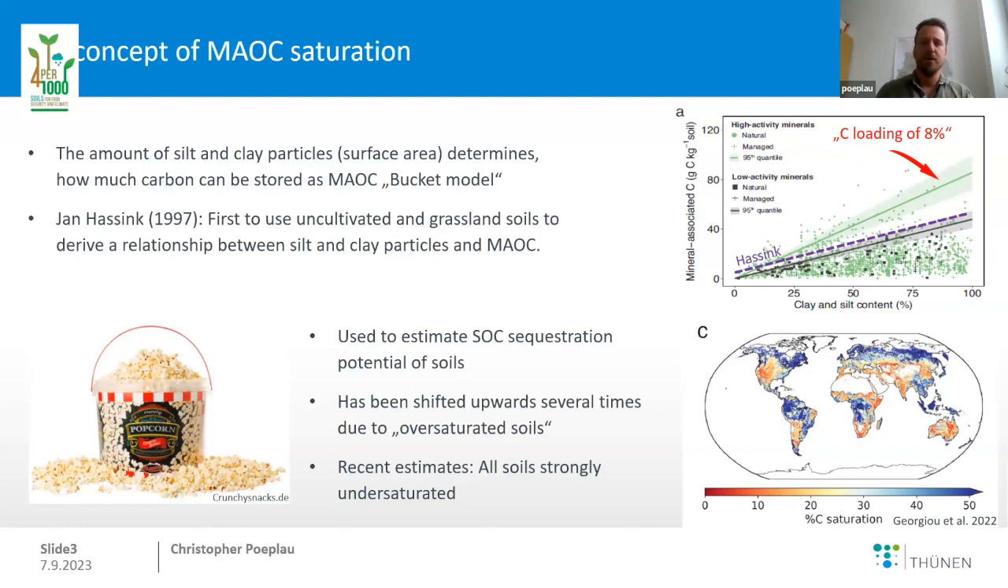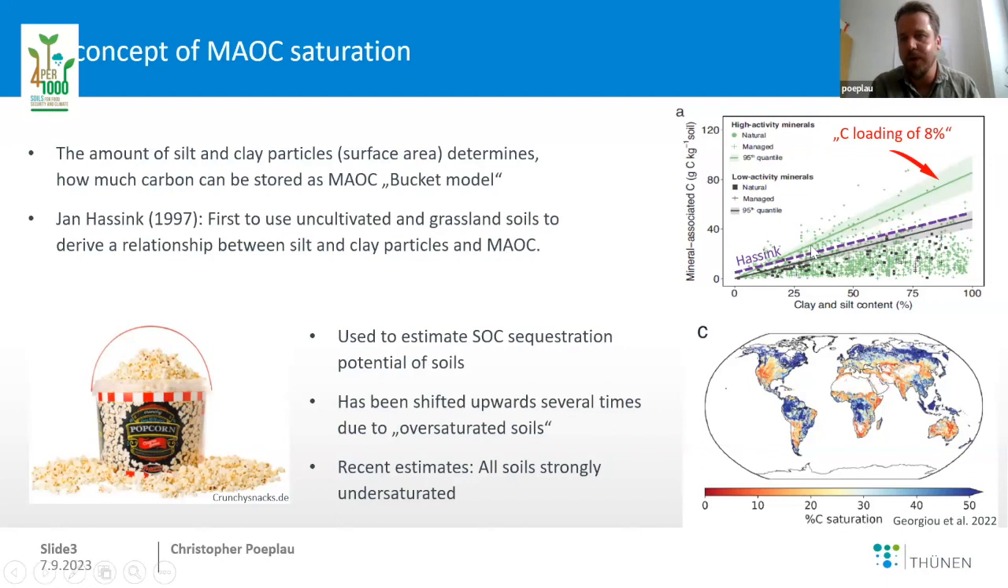Following the saturation concept over time, it has been used to estimate the SOC sequestration potential of soils, and it has often been observed that there are oversaturated soils, because Hassink's estimate was coming from a mean correlation with cultivated, uncultivated and natural grasslands, and we've seen in cultivated and uncultivated soils that the carbon associated to minerals can be much higher. Therefore, we have a new estimate, and these estimates are actually pretty similar in many publications, as outlined here, the recent estimate by Giorgio giving this upper line. So now it's not the mean regression anymore, it's the upper boundary,